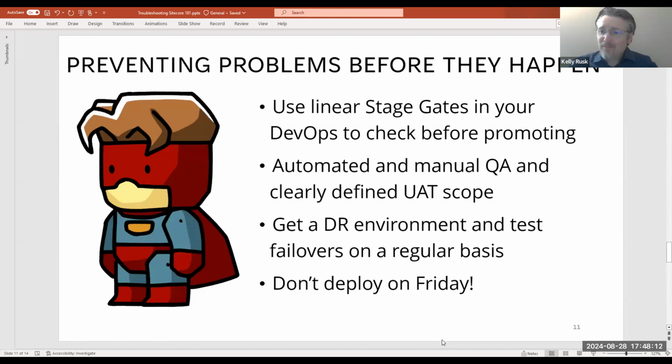Admittedly, a couple months ago, I did deploy three deployments on Friday, but I had good reason for it, and there was reduced risk. But try not to deploy on Friday. It stresses your resources. It stresses people out. Get into more of a regular deployment cadence, and if you follow these preventative aspects and good stage gates,